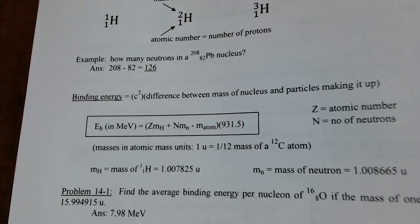So to pull a nucleus apart, you have to do work against the attractive forces, okay? You have to pull against the strong force whenever you pull a proton or a neutron out of a nucleus, you know, kind of like pulling a bunch of Legos apart. You have to do work against friction. Pulling a nucleus apart, you have to do work against the strong force. Adding energy to those particles as you do this makes them slightly heavier. And with sensitive instruments, the difference in mass can be measured. So